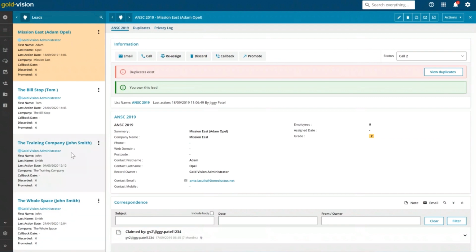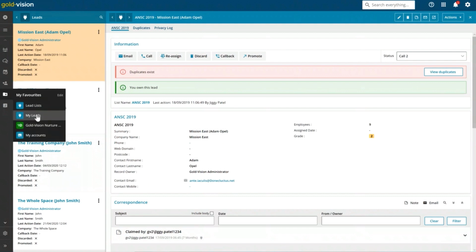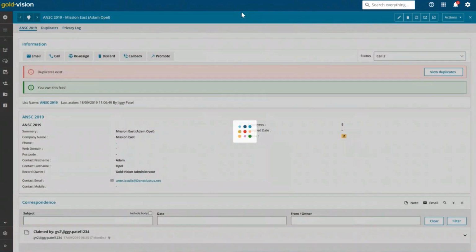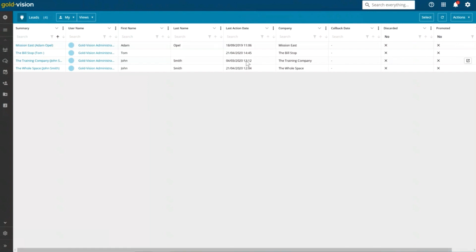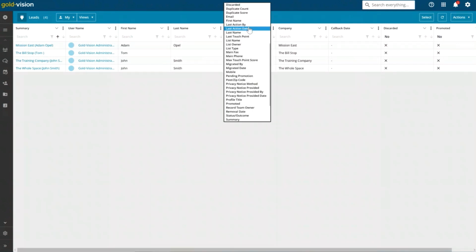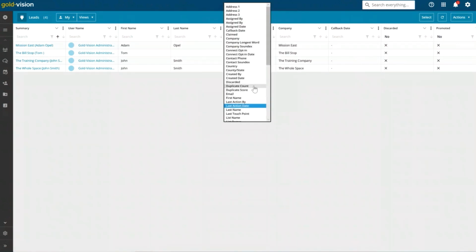But what you'll see is as leads are entered, straight away that information will tell me, is this a duplicate or not? And GoldVision will tell me why it thinks it may also be a duplicate too. Just coming back to my leads, for instance, as well, and at a high level to look at that duplicate tracking too. Here I've got various fields that are available to me, but important fields might include, for instance, a